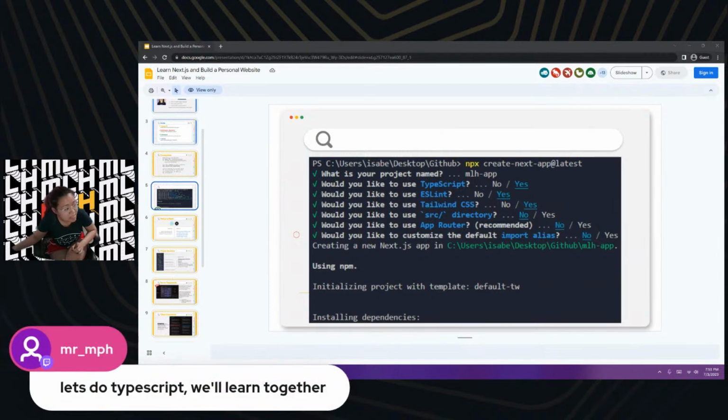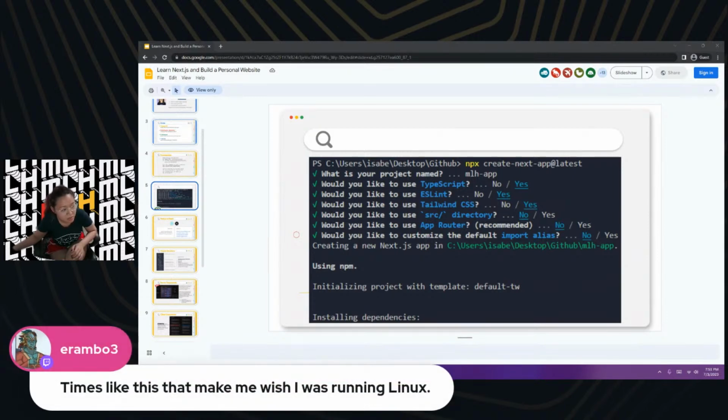So we are learning TypeScript, and times like this make me wish I was running Linux. I want to suggest WSL. I very much recommend WSL. It means that you'll have Ubuntu, which is a Linux-based terminal, but the rest of your computer is still Windows, which means you can play your Windows games and all of that fun stuff.